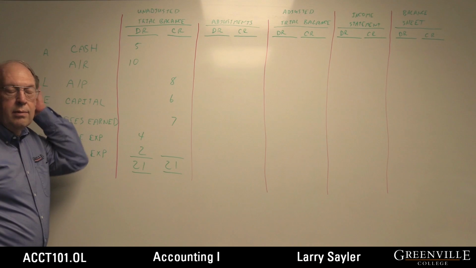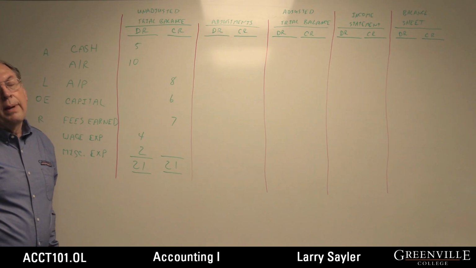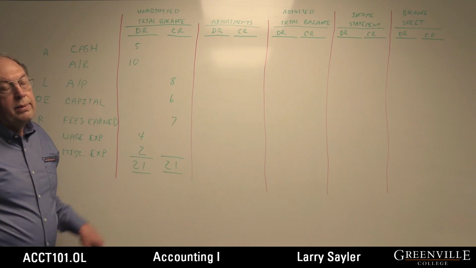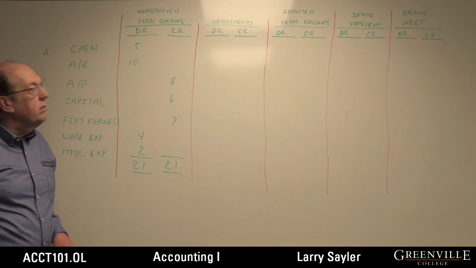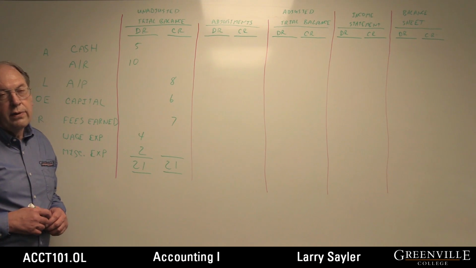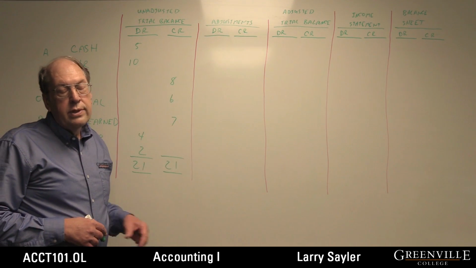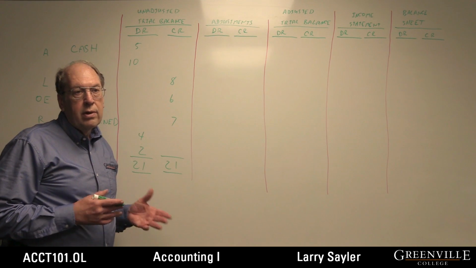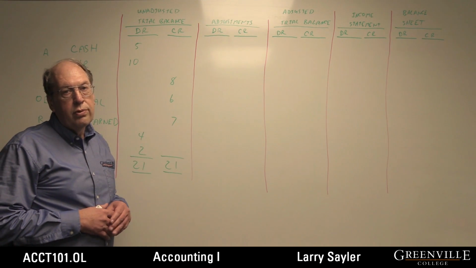So the 10-column worksheet, the first step is to enter your unadjusted trial balance for the organization. And when you add down, your debits should equal your credits. They've got to equal each other. If they don't, you've done something wrong. Stop and go back and figure out what you've done wrong. Then usually you enter 4 or 5 or 6 adjustments. For every adjustment, there should be a debit and a credit. So those adjusting journal entries we talked about in chapter 3